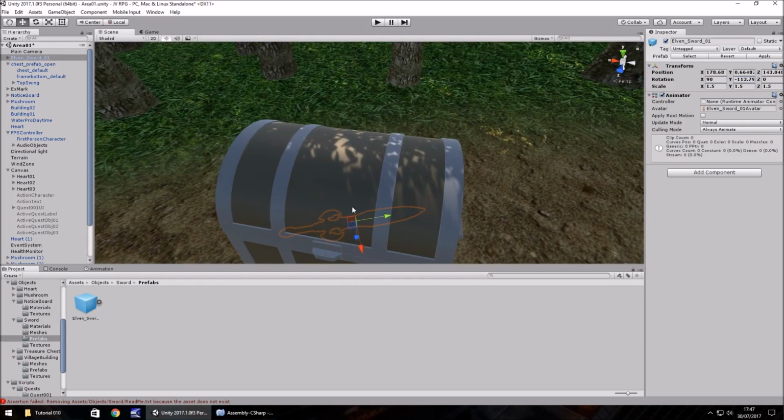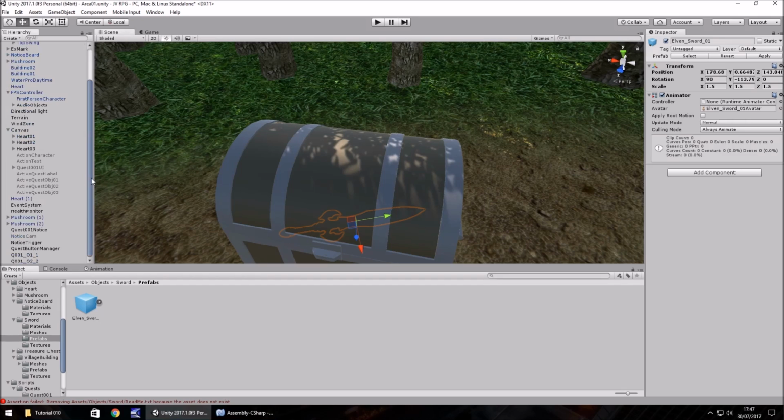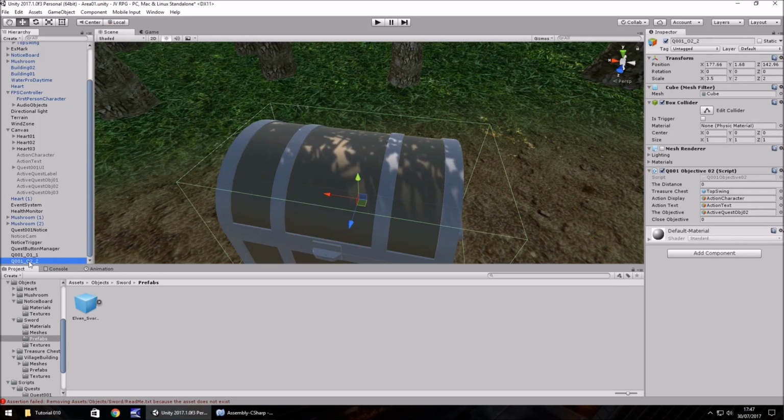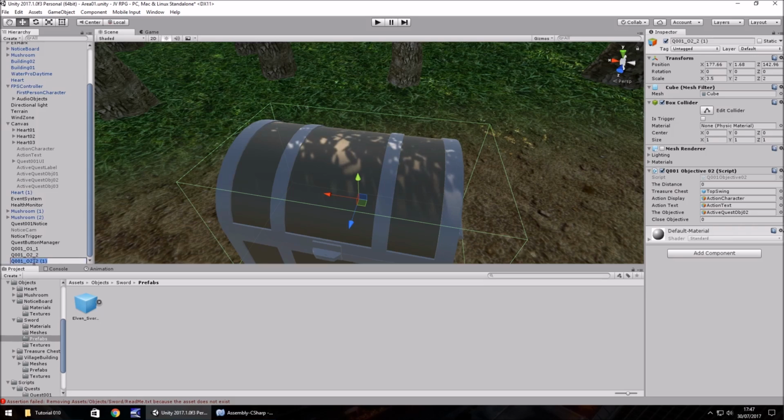So theoretically now, when we open the treasure chest, we'll see that sword. So we need to create another box object to pick up that sword. The way this is going to work is fairly similar yet again to how we've previously done it. So we're going to cheat just a little bit and copy the script that we've already done. So what we'll do is we'll duplicate this object that we've created around the treasure chest. So Control D to duplicate, and let's change it to